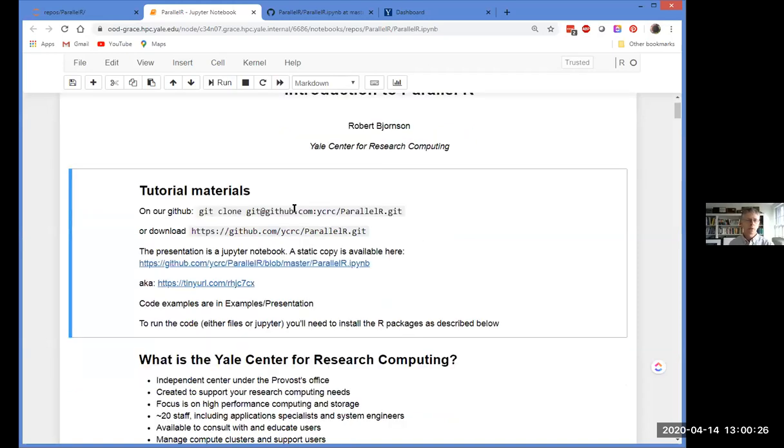The materials for the course today are shown here. I don't recommend that you try to follow along during this with your own version of the code. The reason for that is there's a fair bit of installation that can be a little bit tricky the first time. So I think it'll be easier if you just watch me and then use these instructions, the Git repository and the install instructions I'll tell you later, after the presentation. But of course it's up to you.